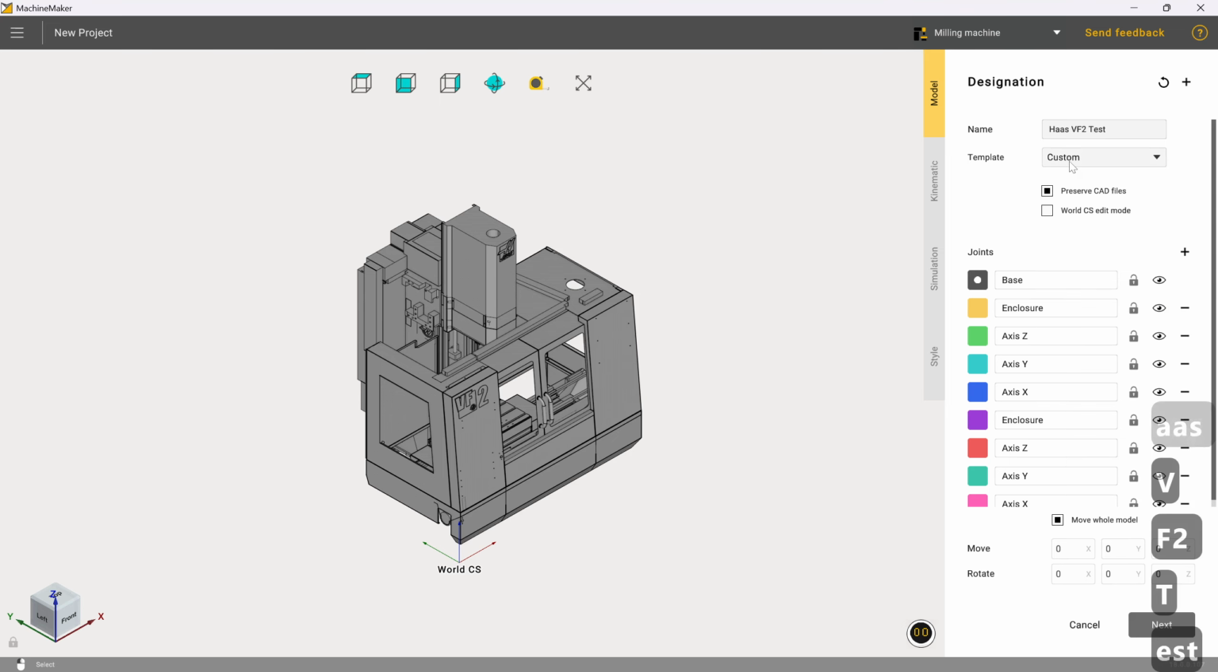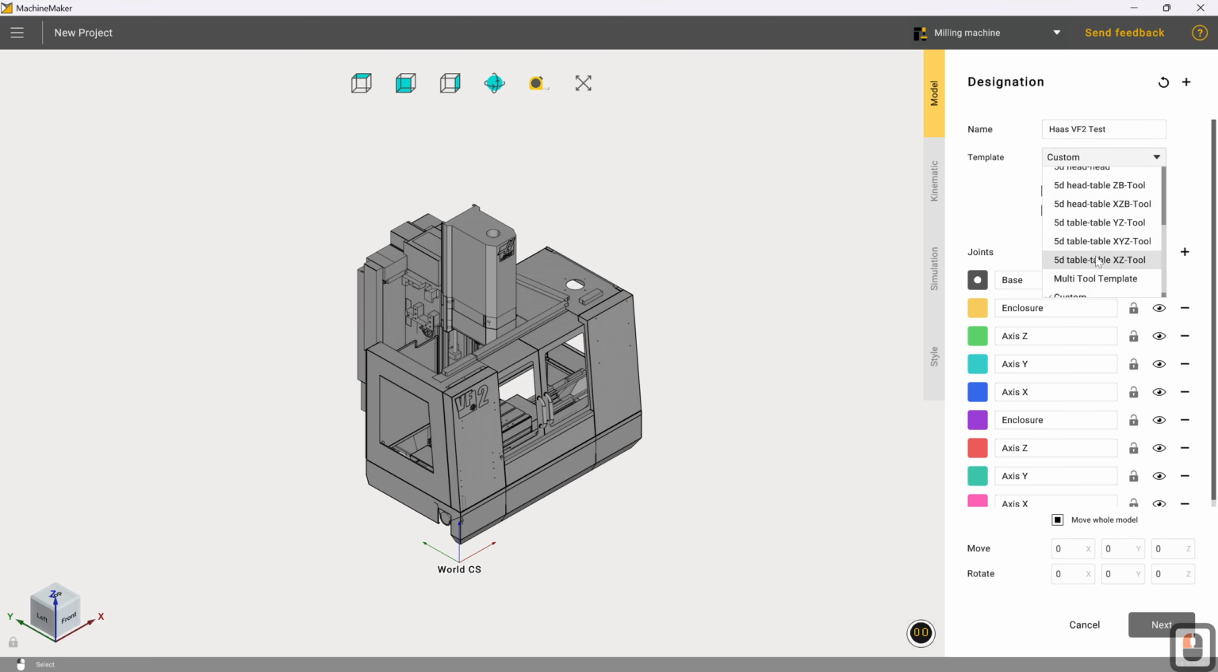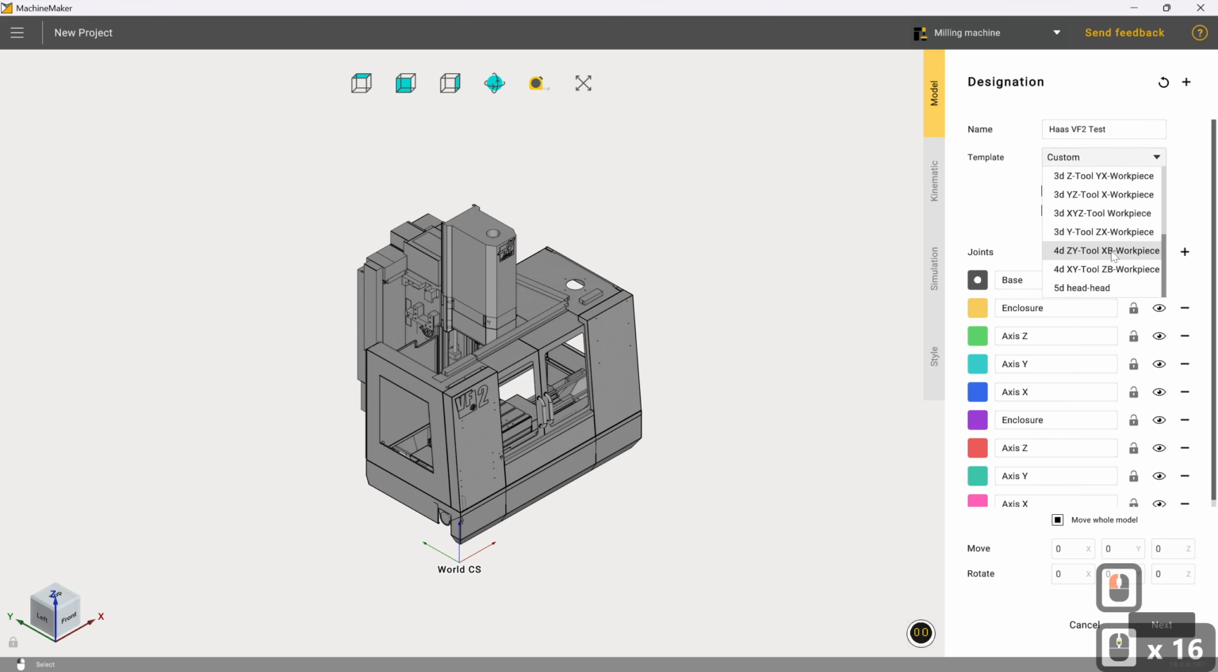And we're going to choose the custom, not a custom template. We're going to choose a different template. Sorry, my mistake. We're going to have a quick look through these options, and we're going to go with 3D Z tool YX workpiece. This is a pretty standard configuration for a CNC mill, at least the kind that uses the sliding bed and the sliding Z-axis configuration. We do obviously have different methods for doing that as well, but in this instance it fits